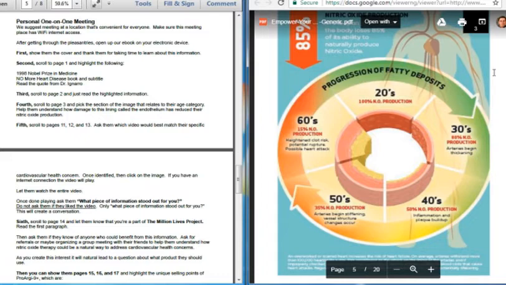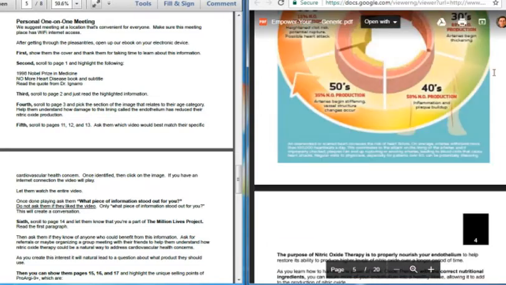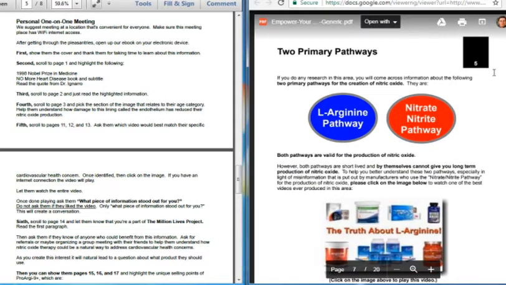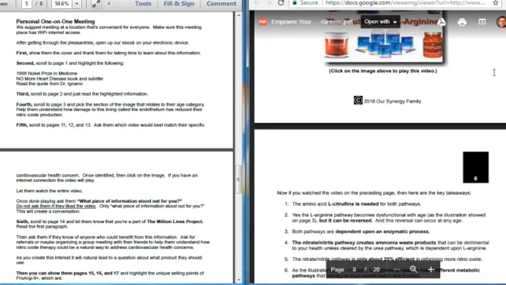So as we help you understand nitric oxide therapy and rebuilding your nitric oxide levels in your bloodstream, we can help to prevent some of this damage from continuing, possibly even reversing some of that damage as one of the benefits of nitric oxide. And while there is some other great information that's in this PDF, we would recommend that